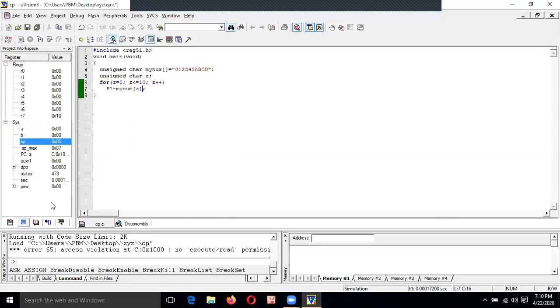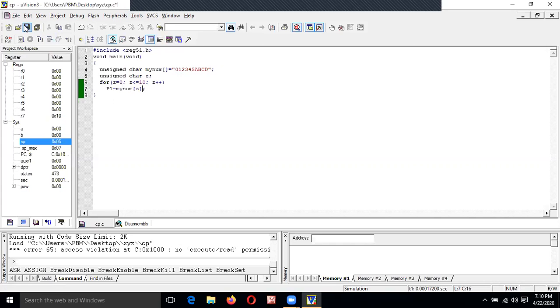When you run the above program on your simulator, you can see how P1 displays the values 30H, 31H, 32H, up to 35H, then 41H, 42H, up to 44H, corresponding to the ASCII hex values for the characters 0, 1, 2, 3, 4, 5. ASCII values: every letter on your keyboard has an ASCII value. That ASCII value is converted to hex and then it is sent to port 1.